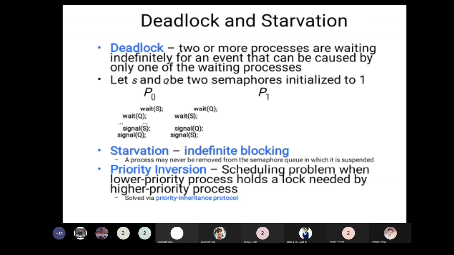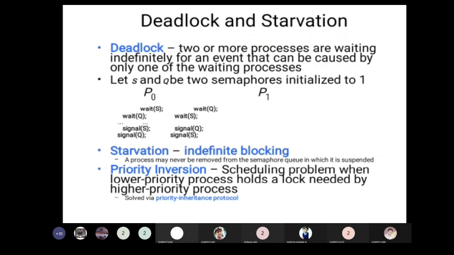P0 executes wait of S, and P1 executes wait of Q. Then P0 executes wait of Q, and P1 executes wait of S. That means P0 has already executed wait of S, and now P1 is trying to access Q. Similarly, P0 executes signal of S, signal of Q, and P1 executes signal of Q, signal of S. Here the wait and signal operations leave P0 and P1 mutually waiting.